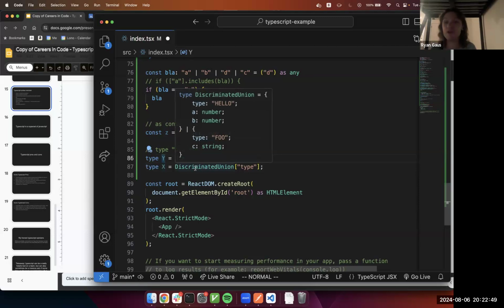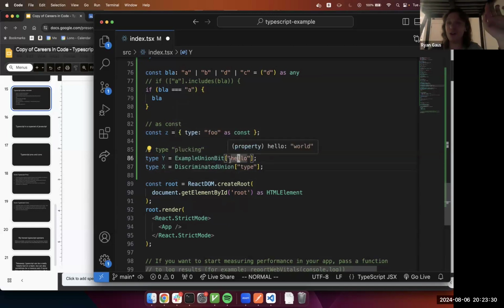But the reason why I want to show you this discriminated union one is that this starts to touch on a bit of where TypeScript can get complicated, because what it's doing is more than just super simple, easy to follow in your head. What it's doing is pulling out keys and values from the parts of the discriminated union. And that results in some more cognitive overload trying to understand what it's doing. You can imagine if this got two or three levels deep, you could start to get into some more complicated cognitive situations. So yeah,